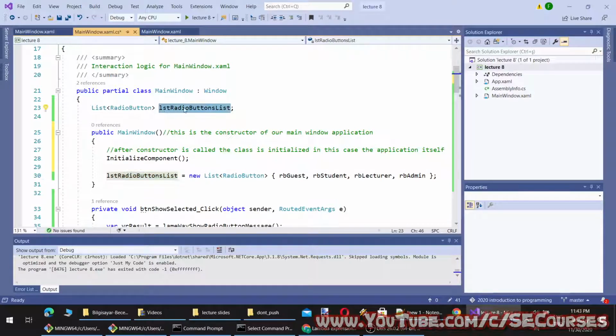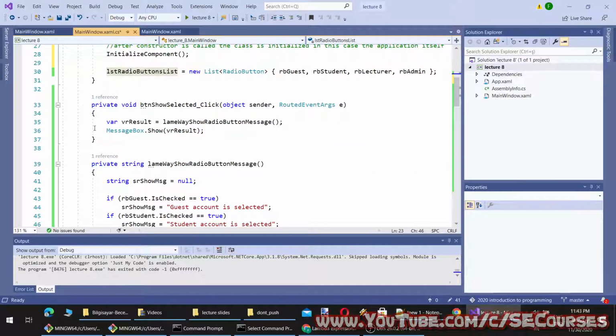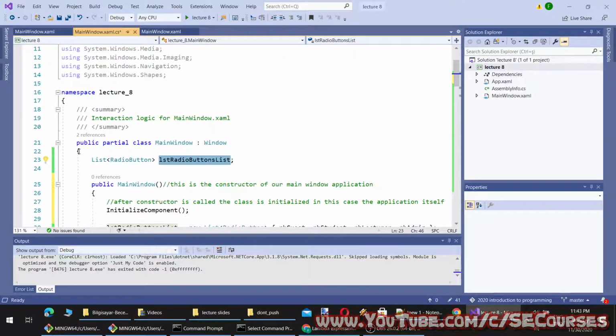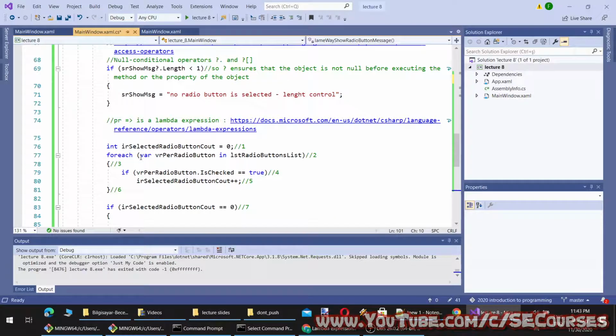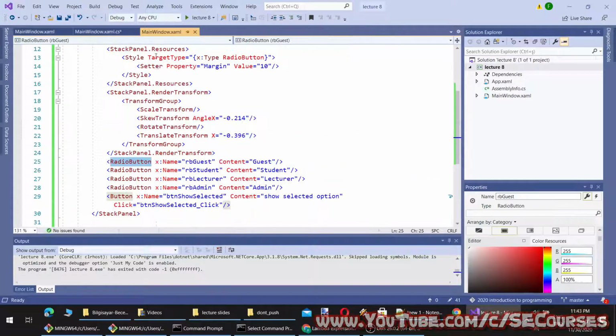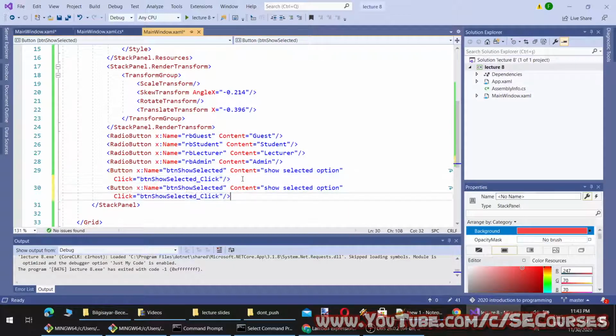That way now I can access this list inside every one of the methods or classes written in this scope, in the scope of this class. Okay. So I can now add another button to clear the selection.